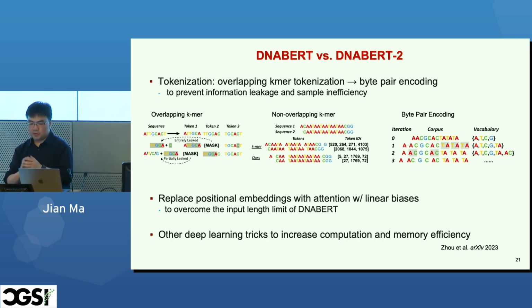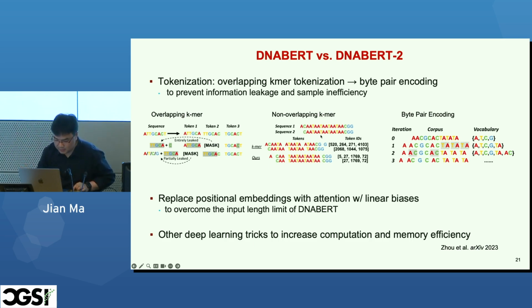And if you do non-overlapping tokenization, that's even trickier. Like in this example, you have two sequences, and if you just remove one character here, A, these two sequences will have very different tokenization, and all these tokens are completely different. So it's very inefficient in a way. So in DNA-BERT 2, the authors use an approach called byte pair encoding. It's some kind of compression